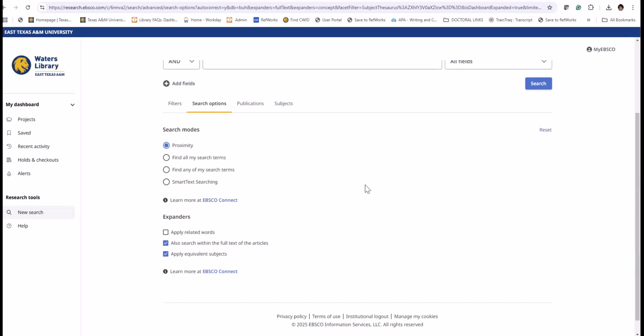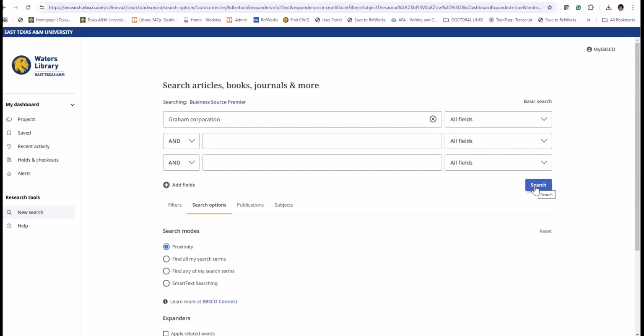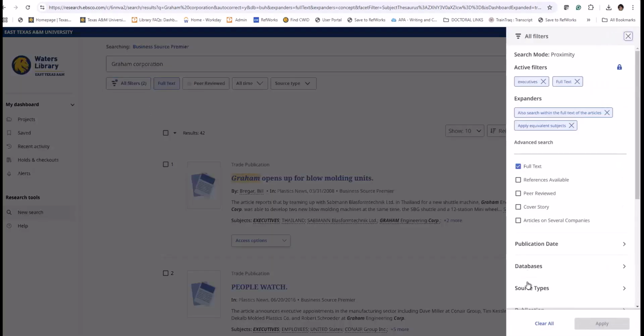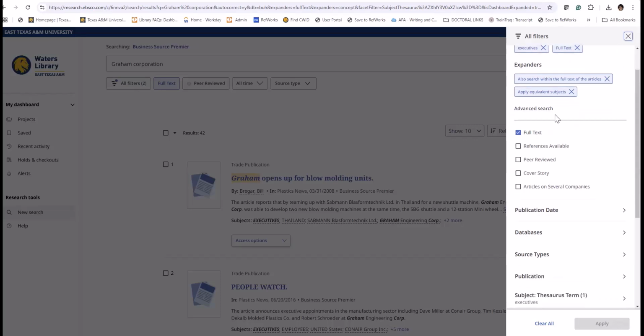Anyway, I'm going to go back to the normal searching and go to the filters one more time. Now I have 42. These are my filterings. If you're not satisfied with them, as I wasn't, you can remove them. For example, if your professor's requirement is finding just peer-reviewed articles, make sure you click within these. If you're looking for scholarly ones, not just peer-reviewed, don't click within these.